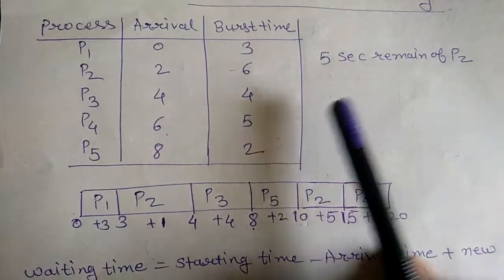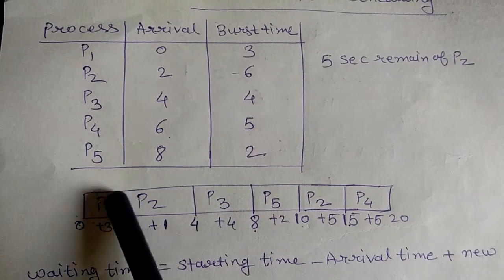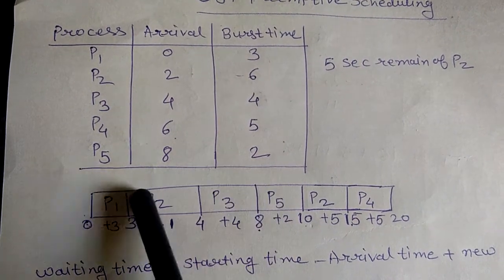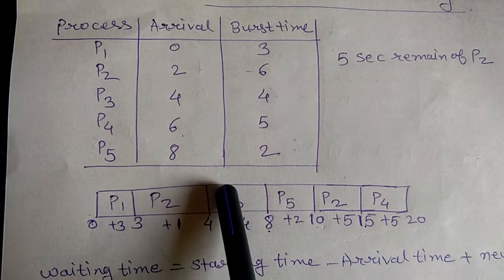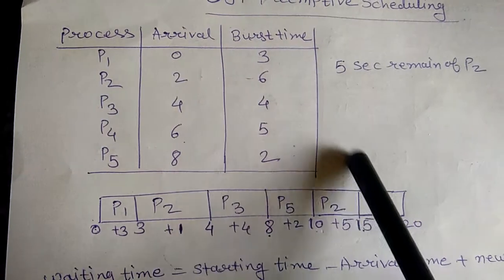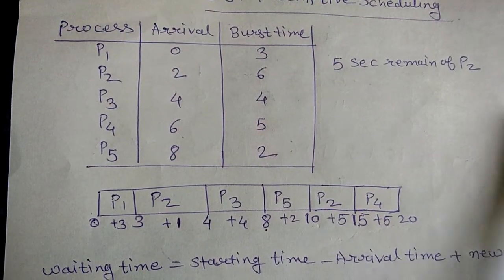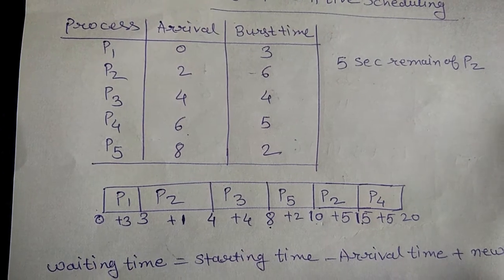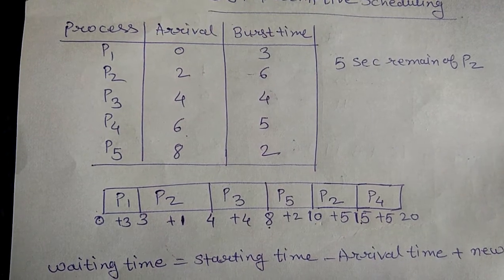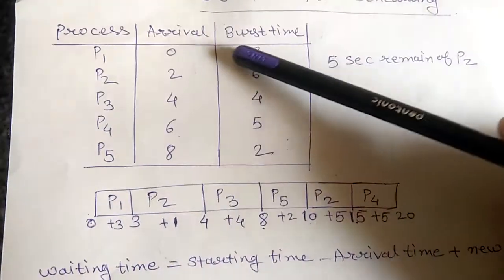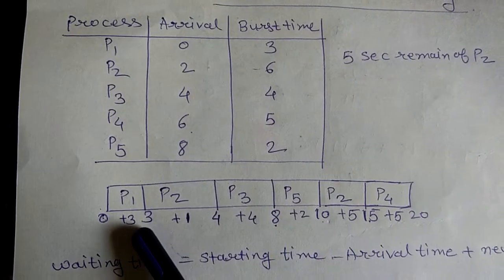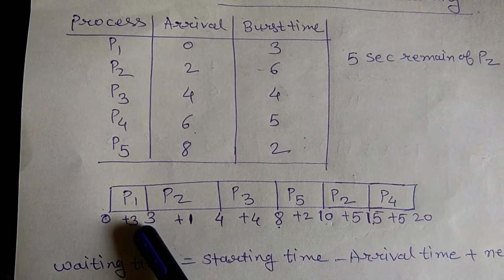Now, in this example, there are 5 processes, and among these 5 processes, the shortest burst time is associated with the process P5. The CPU is going to accept the process which has the shortest burst time. So technically we should say that process P5 should arrive first. But the arrival time of process P1 is just 0 seconds. So, in the Gantt chart, process P1 will take the first position, right?